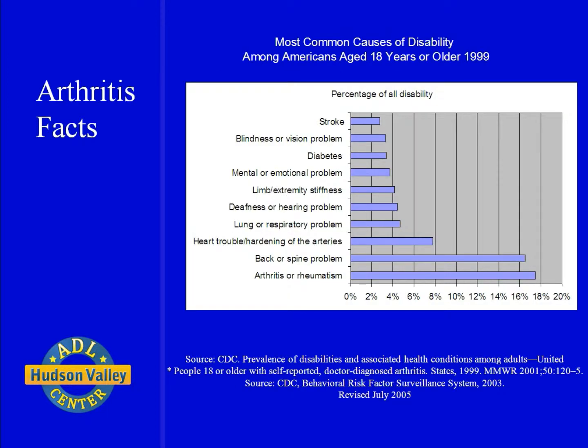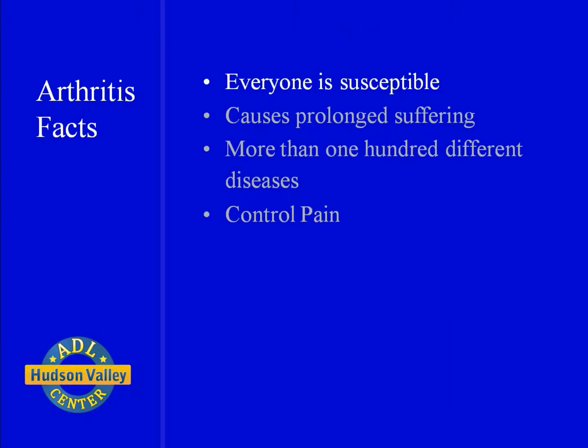Let's review some facts about arthritis. According to the Center for Disease Control, arthritis is one of the most prevalent chronic health problems and leading cause of disability among Americans over the age of 15. As a condition, it was ranked ahead of blood pressure, lung, heart and spine troubles. Almost 100% of the population is susceptible to some form of arthritis, and if an individual lives long enough, he is almost certain to develop one type or another.